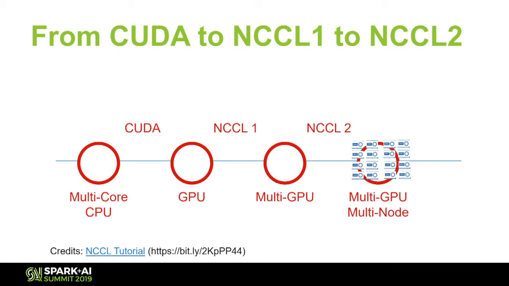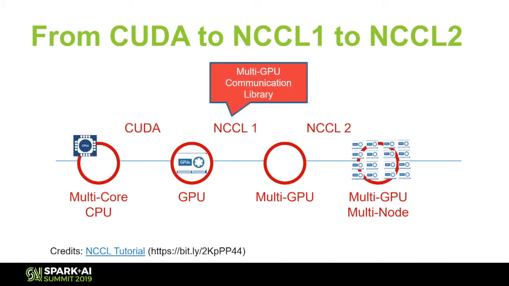So this one allows multi-GPU communication, and it's much better than directly interacting with the CUDA layer. So with NCCL, the multi-GPU communication is made easier, and all the collectives, communication primitives that are needed to make the distributed training happen can be supported through NCCL. And NCCL 1 supported multi-GPU within one node. NCCL 2 made it possible to do the same thing across multiple nodes.